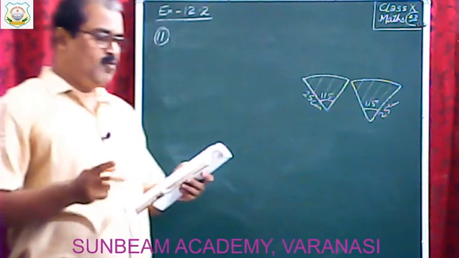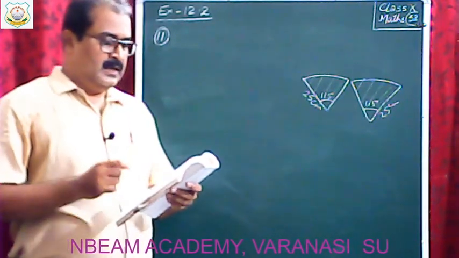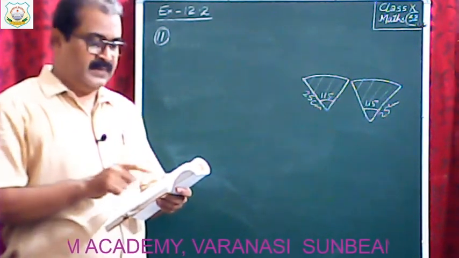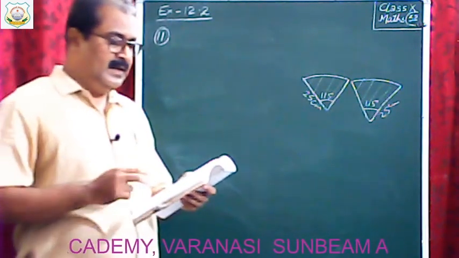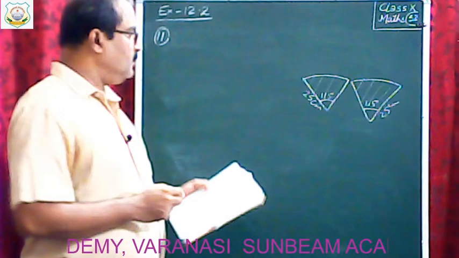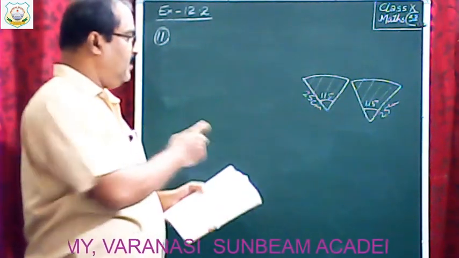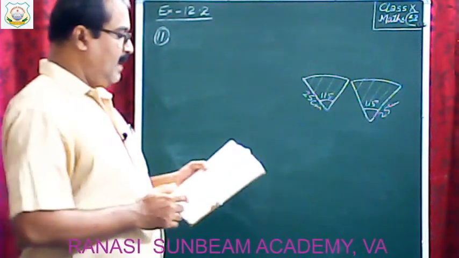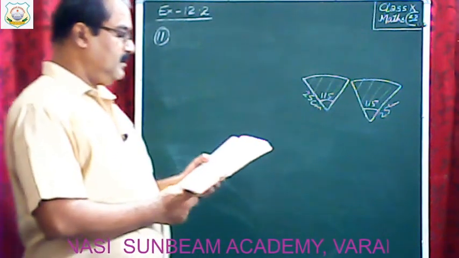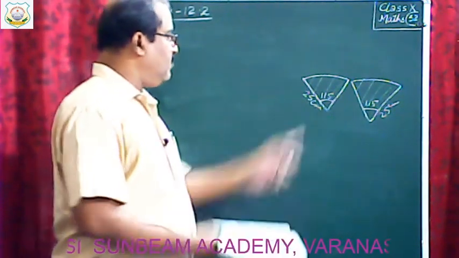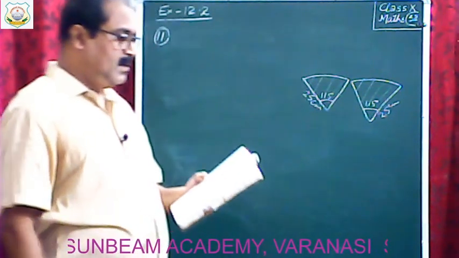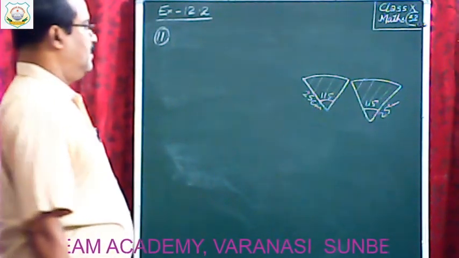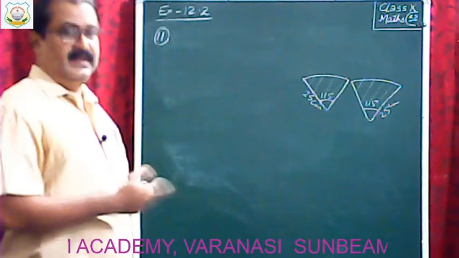Listen again. A car has two wipers which do not overlap. Each wiper has a blade of length 25 cm sweeping through an angle of 115 degree. Find the total area cleaned at each sweep of the blades. So length of blade of wiper is given 25 cm. Blades do not overlap each other, and angle of sweeping is given, that is 115 degree. You have to find area cleaned at each sweep of the blades. In one sweep, how much area is cleaned?